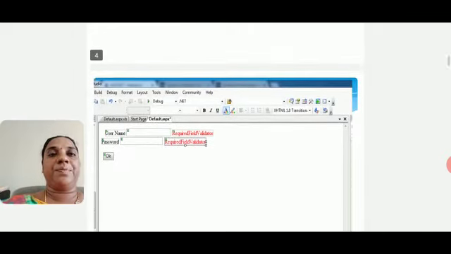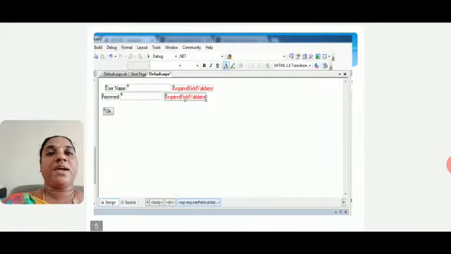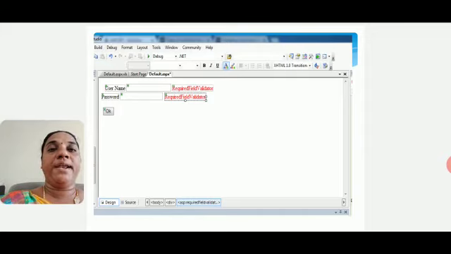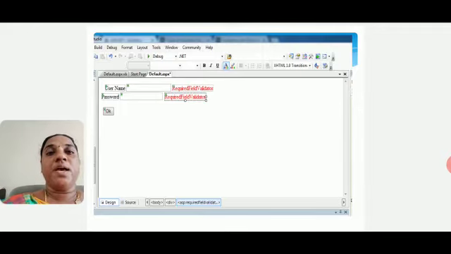So we will see an example. Here we have two text boxes, one for getting the username and another for getting the password. Definitely we need to give the username and password, and no text box should be empty. For validating these two text boxes, we need two required field validators: RequiredFieldValidator1 and RequiredFieldValidator2. The first required field validator corresponds to text box 1 and the second to text box 2. Now what are the properties we need to set?